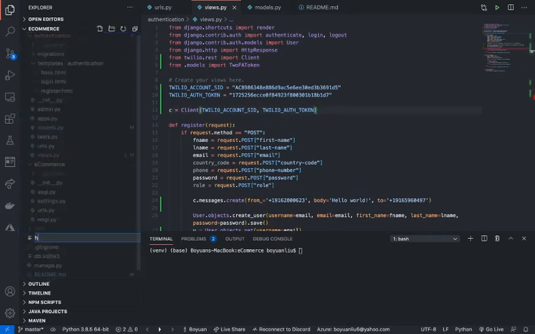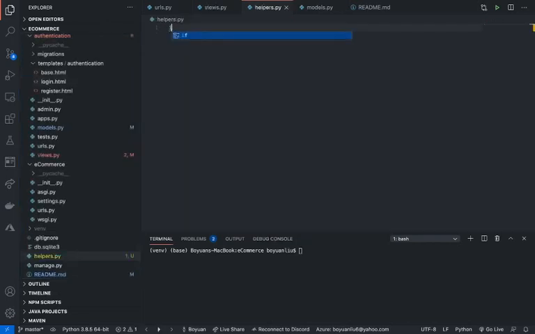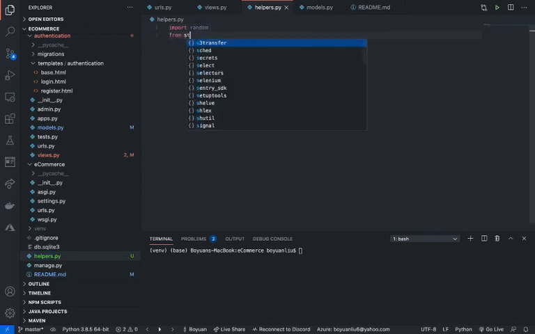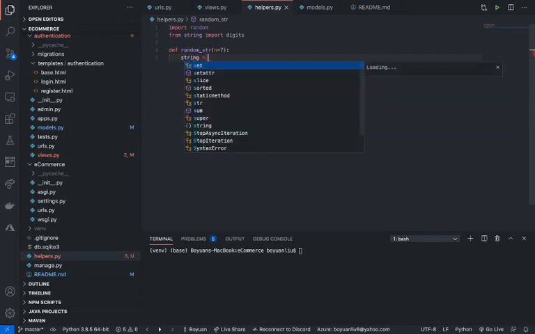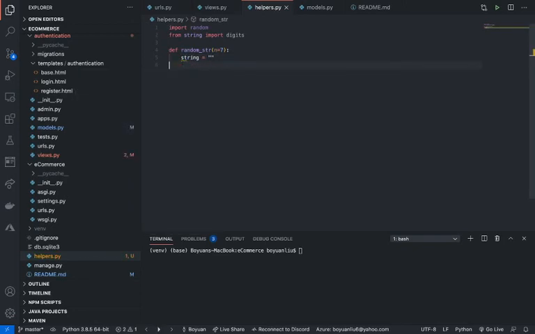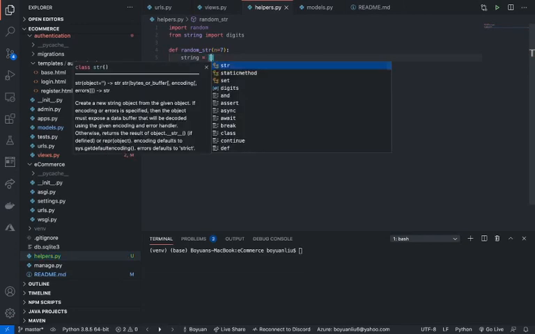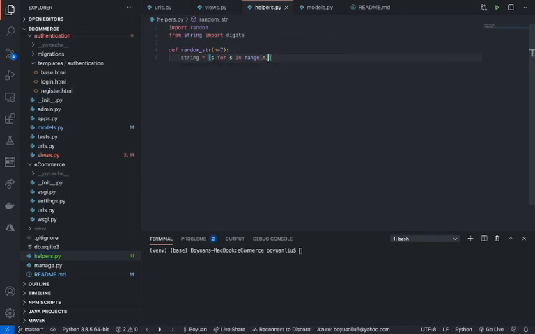create a file outside of any project and name it helper. And here we're just going to say import random and string, and use these two built-in things to generate a random 7-digit code. Here we can say random_str equals 7. We can just use a list comprehension, that's maybe a little bit faster. Say s for s in range of n, random.choice digits. All right, and then just return, here we just say dot join. Okay,